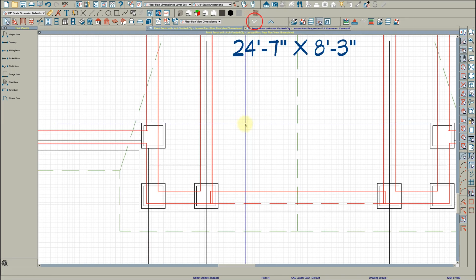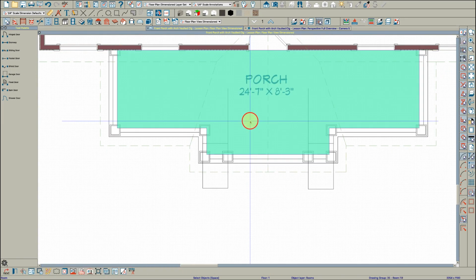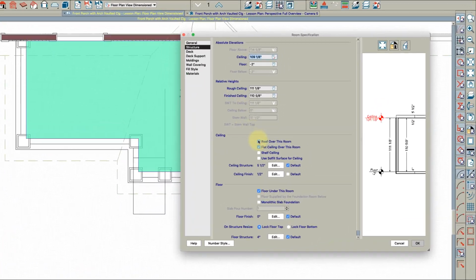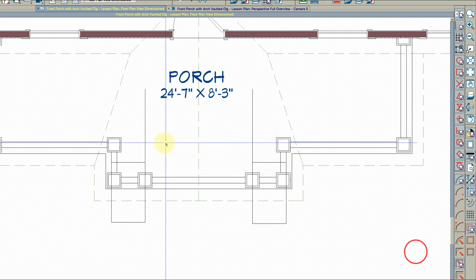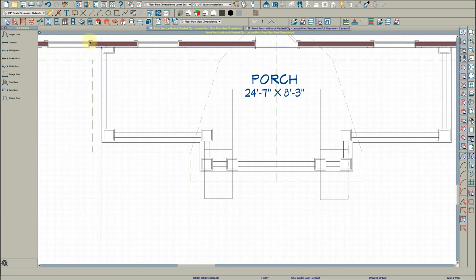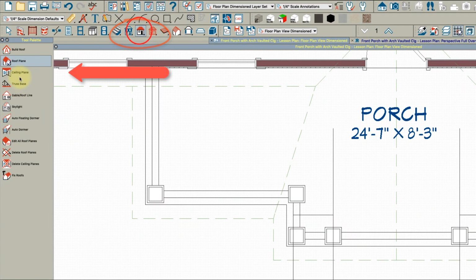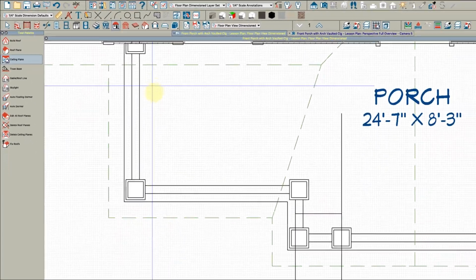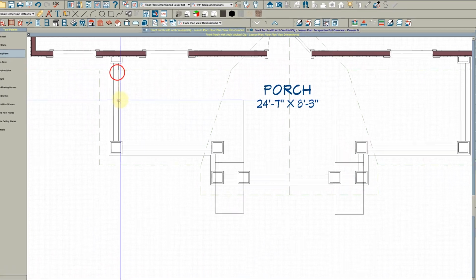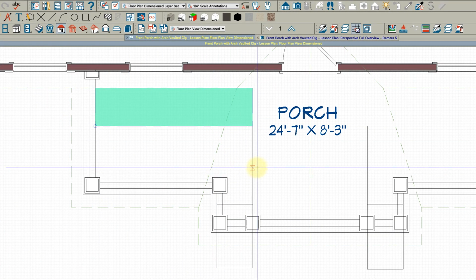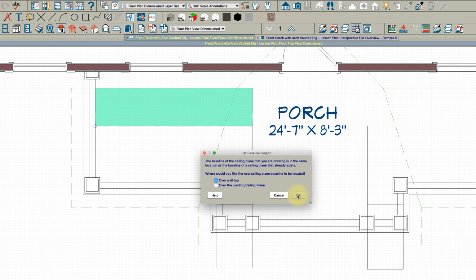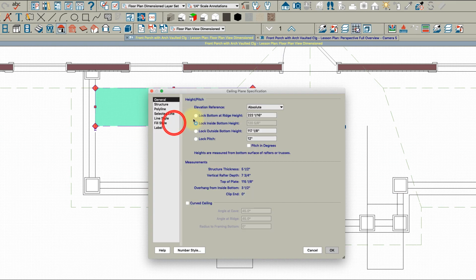Go down. Turn off reference display. Get into my room here and take the ceiling off altogether. Then I would go here and draw a ceiling plane. And I would draw it from here to here, say right now. Okay, and I would open it and change the pitch to 0, lock the pitch, and change the bottom height to 109, say. Then go to the structure tab,